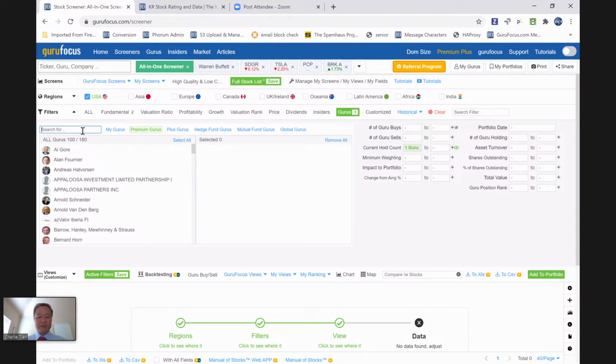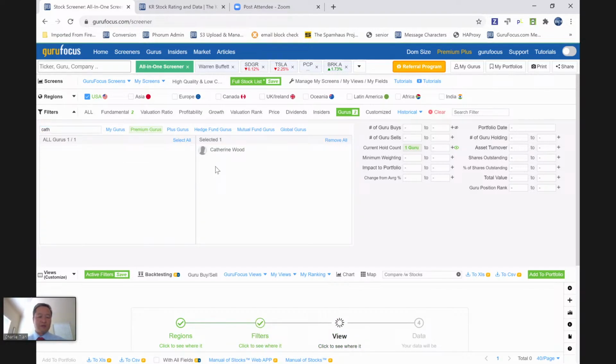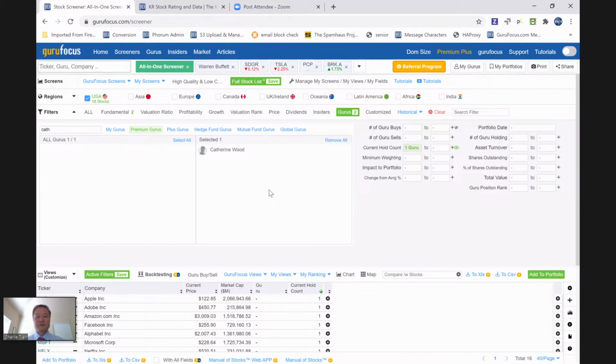One very hot, very popular guru is Catherine Wood, who manages ARKK, and her ETF outperformed the market tremendously over the past year. Another similar style is Ron Baron, whose fund returned 148% last year also. And another one is Baillie